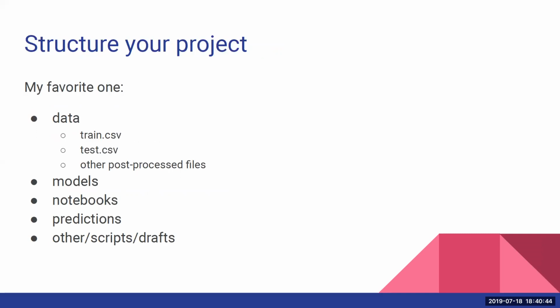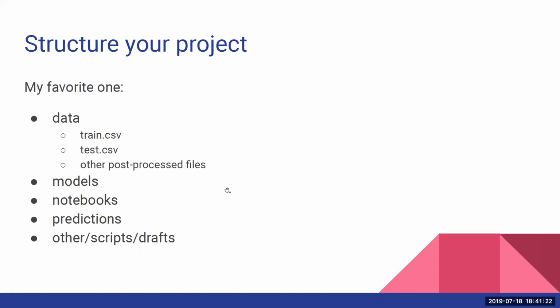So my favorite structure of the projects is like that. You can see on the screen. You have the folder with the data. You have the folder with the model. You have your notebooks, like your Python notebooks, where you can make some observations. And there's a predictions folder. So the idea is that every step you make to create your submission, you need to store it. You need to save your code somehow, because if your submission wins, you will need to prove and recreate the steps to create the submission.